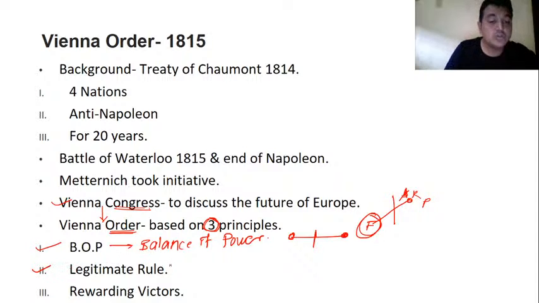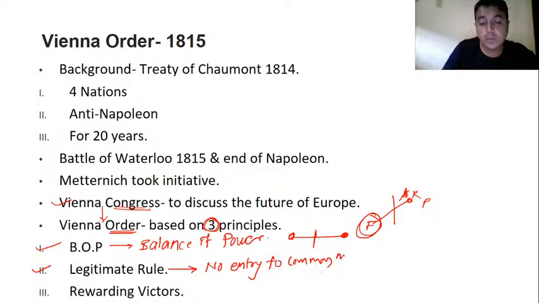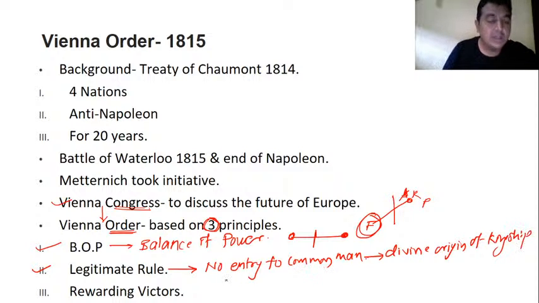Legitimate rule means no common man can have entry to rule. This also defines the divine origin of kingship. Clear? Legitimate rule means no common man can rule your country. Who can rule? God